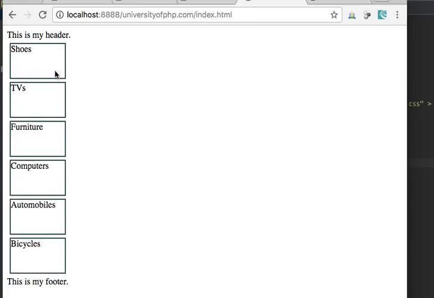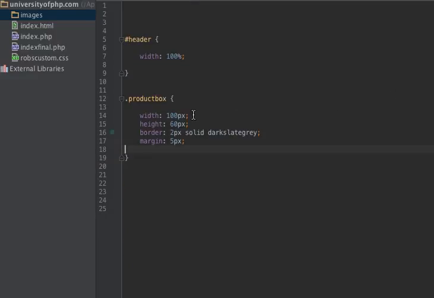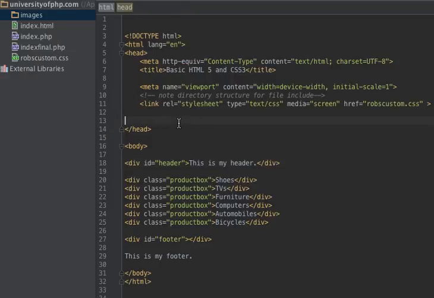I've given each one of these products, I'll call them product box, a certain width. So this is the tag. You see this square here? In fact, that is the tag. But I've changed it by giving that tag a width and a height and a border. We're going to talk more than a little bit about that, but now we'll go on to the next video regarding